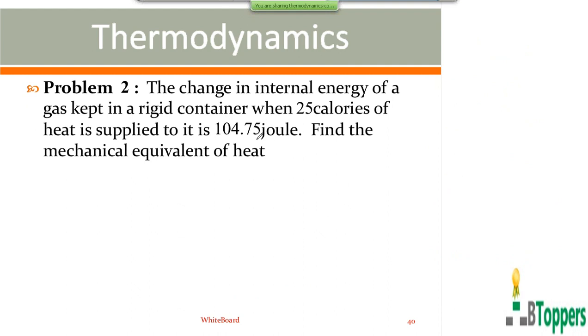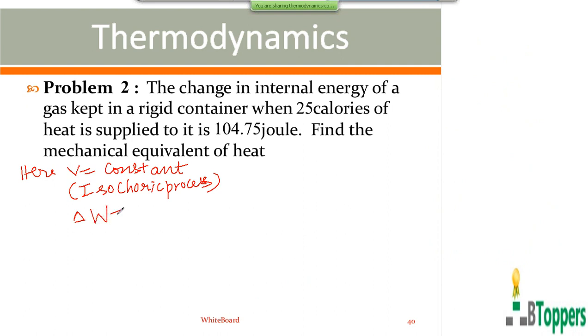Of course, this problem is not given on isobaric process. It is given that the gas is contained in a rigid container. So that means the volume of the gas can be taken as equal to volume of the rigid container, which can be assumed to be constant. So volume of the gas remains constant in this problem. That means the problem is given for isochoric process, not isobaric process. So with the volume of the gas constant, the work done by the gas will be 0.